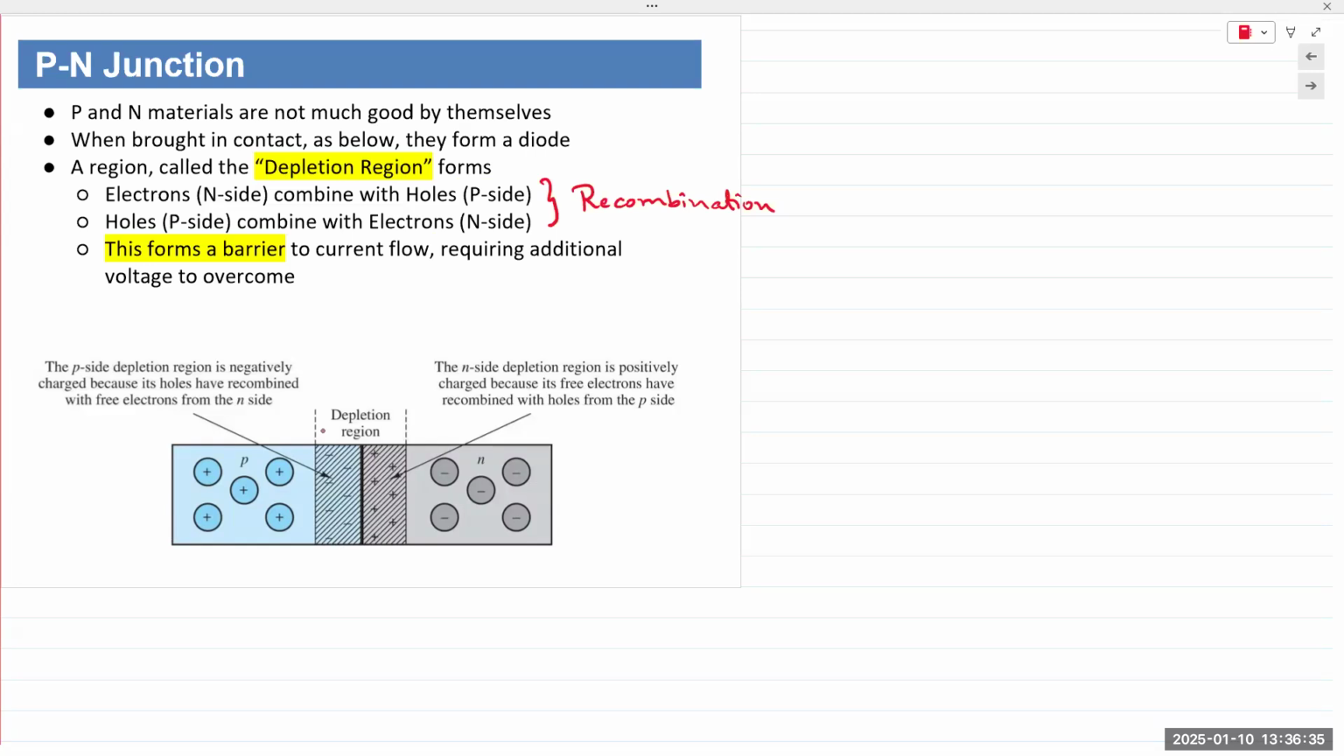Now, conventional wisdom would dictate that if you bring P and N in close contact, holes and electrons cross over and recombine, and it'll keep continuing until all of the charges are crossed out and rebalanced, right? But that's not what happens. And that's how we are able to actually create devices. What happens is,